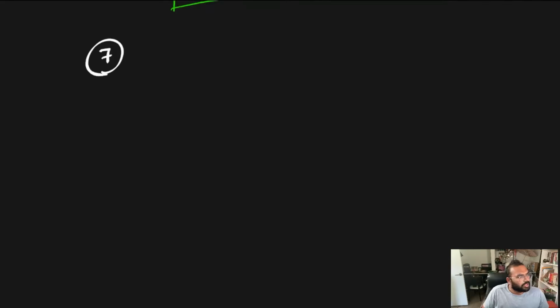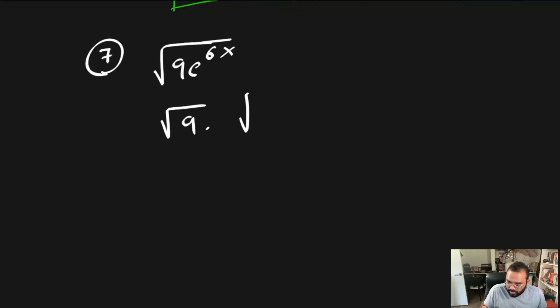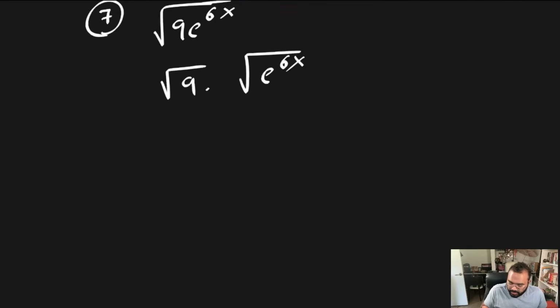Yes. Square root of 9 e to the power of 6x. Now we all know what the square root of 9 is. Square root of 9 is 3. And e to the power of 6x square root, right? So there is a square root of 9 and there is a square root of e to the power of 6x. Square root of 9 is very simple, which is 3, and e to the power of 6x square root